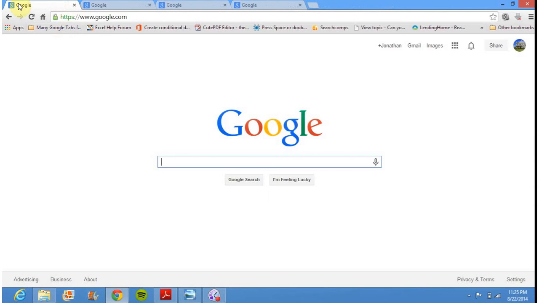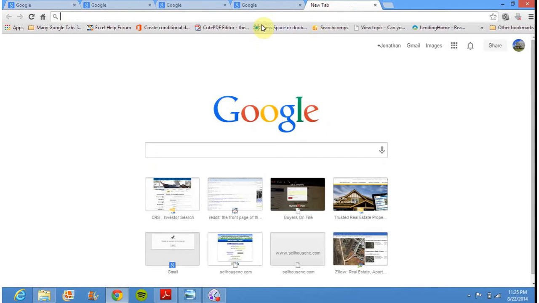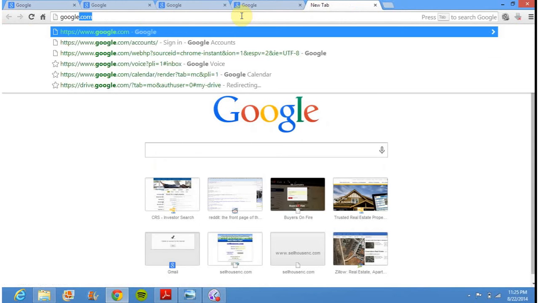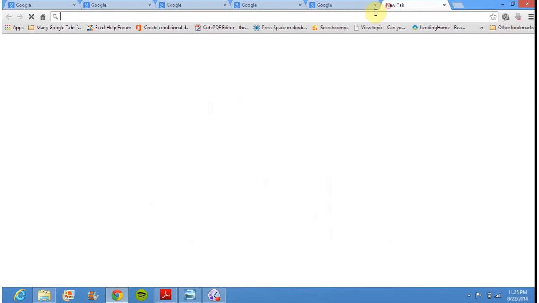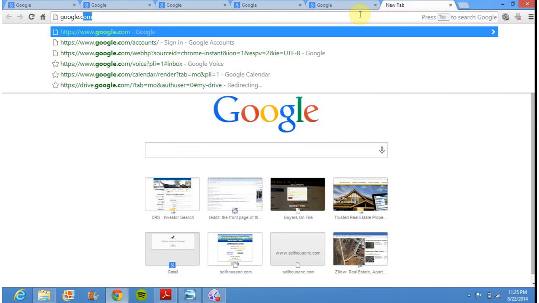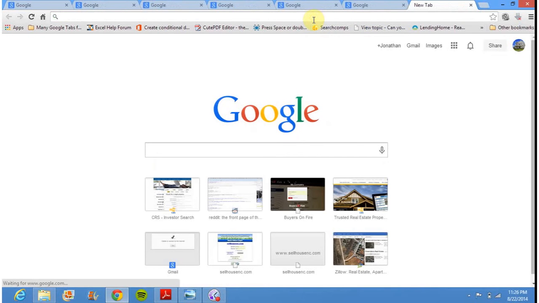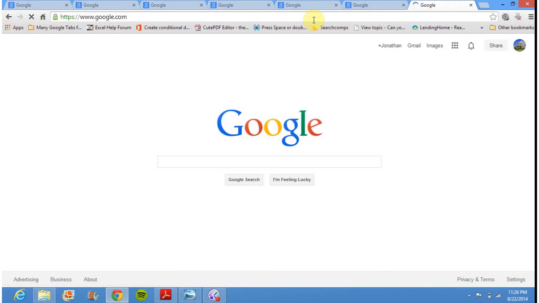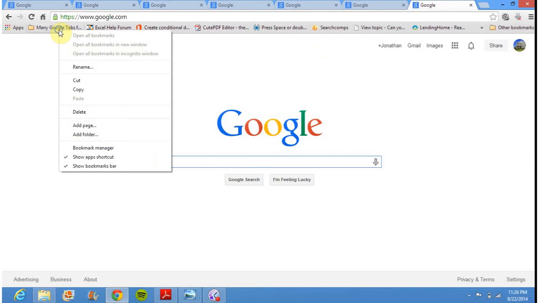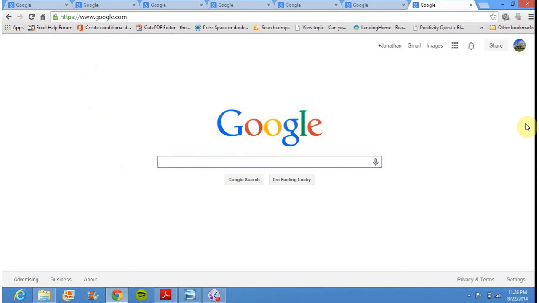tabs, I'm actually going to just open up. I'm going to go ahead and just make 7 tabs of Google as the default. Okay, we got 6. I'm going to do one more. Okay, alright, so we got 7 Google tabs at the top. Okay, let me go ahead and delete this one because I'm going to go through the process again. Okay, so now we have 7 Google tabs at the top ready for us to copy and paste the property